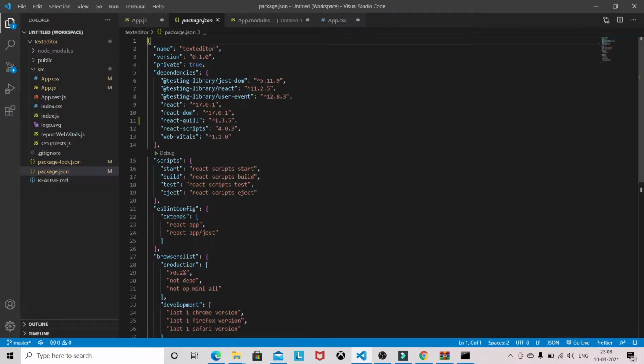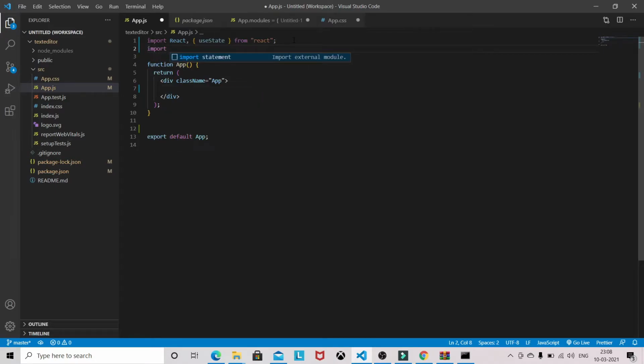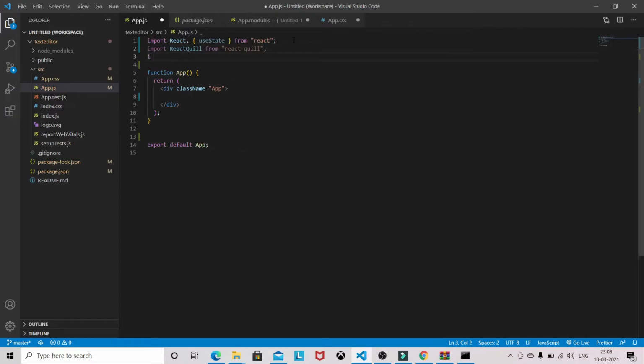Okay, after installing React Quill, come here and start writing the code. So React Quill, and you need to import one CSS file from node module.